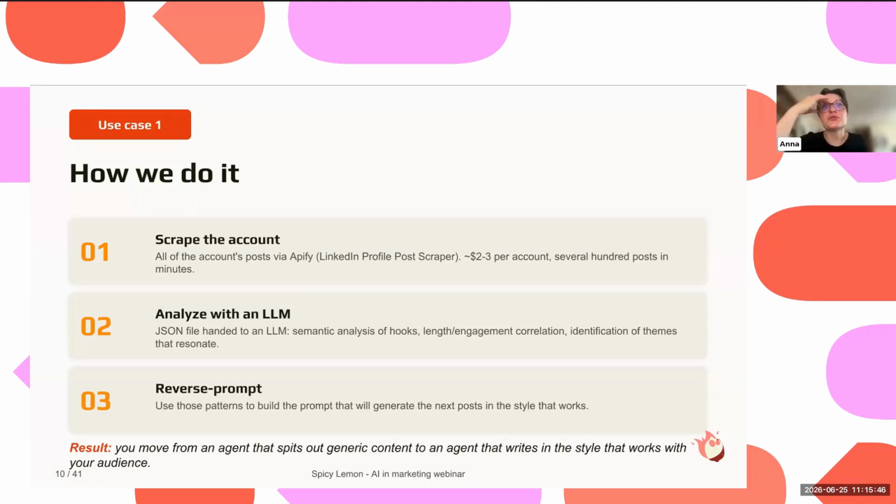And something that you can also very easily do using this, because you can understand which are the topics that are interesting for your audience because you scrubbed the posts from your account, from accounts of your competitors, seeing as well where they get most of the reactions.